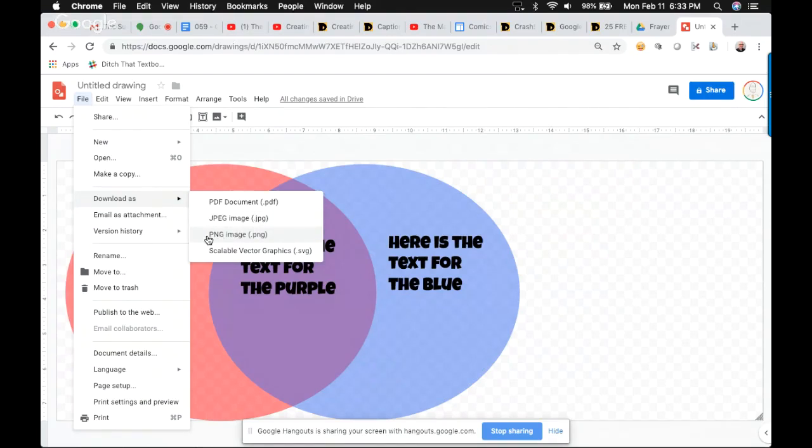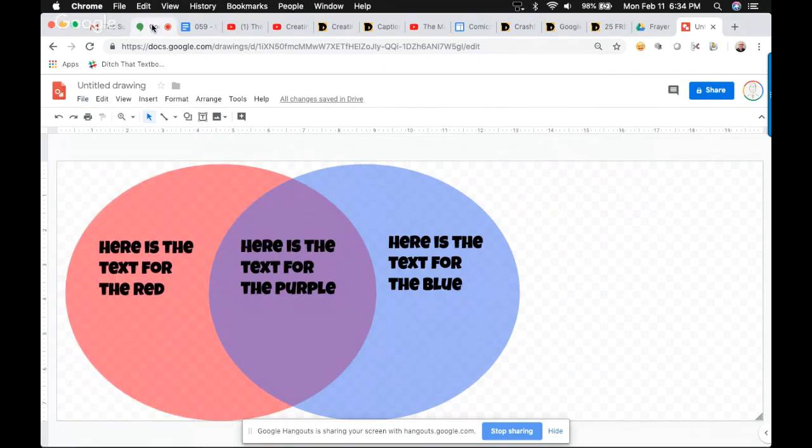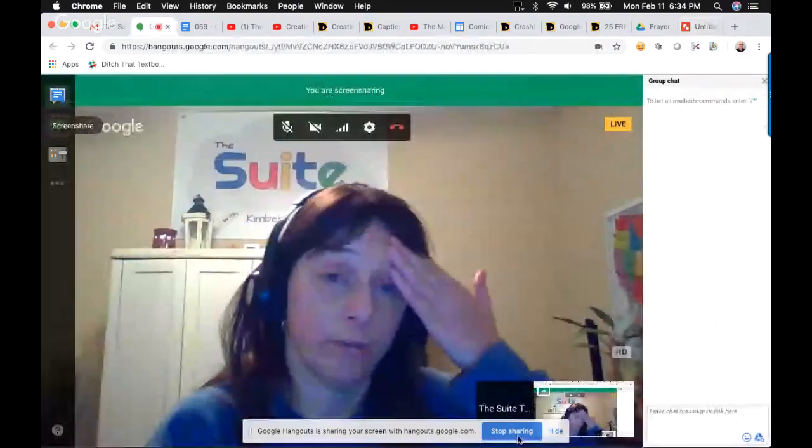I like to use PNGs for the ones where you keep things transparent. And then JPEG, if you have this checkerboard back here, some people will know is a transparency, but if you download it as a JPEG, it just gets converted over to white. So if you want to download those, that's how that works. Yeah, I love Google Drawings. Me too. Like I said, I'll download it as a PNG and then put it in Google Classroom and attach it to an assignment in there,